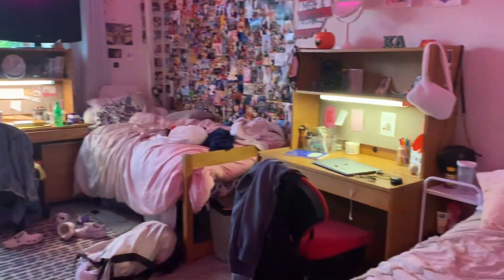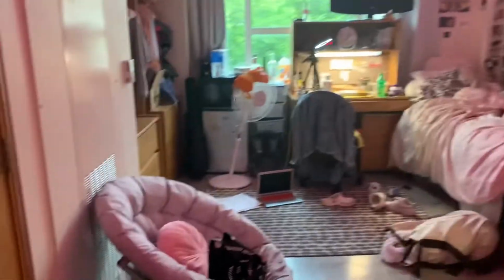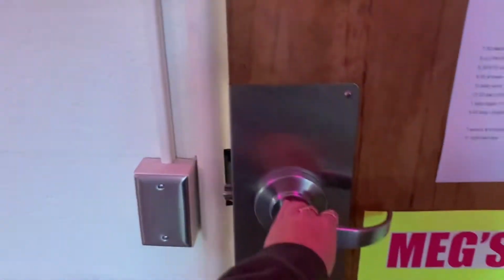It wasn't like this when we got here. We rearranged everything. And there's a bunch of stuff that I'm gonna move when I show you, but yes, this is it. There's also a bathroom. It's a half bath. There's people in there, but